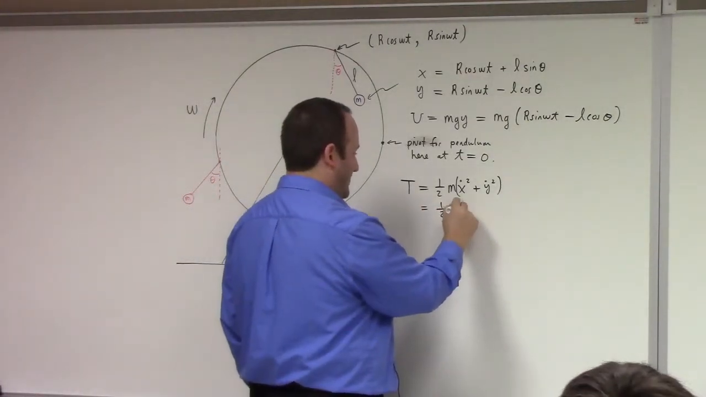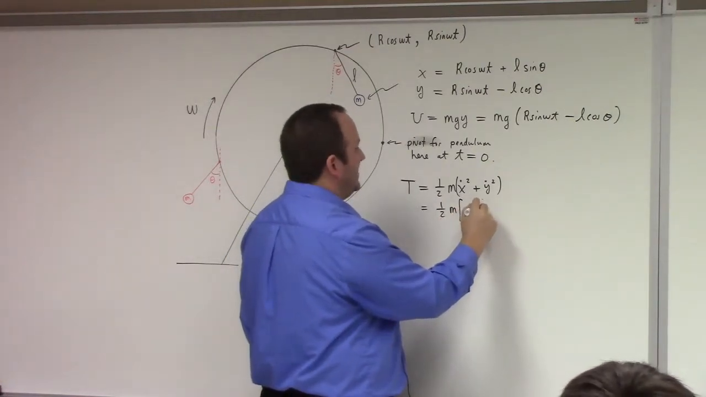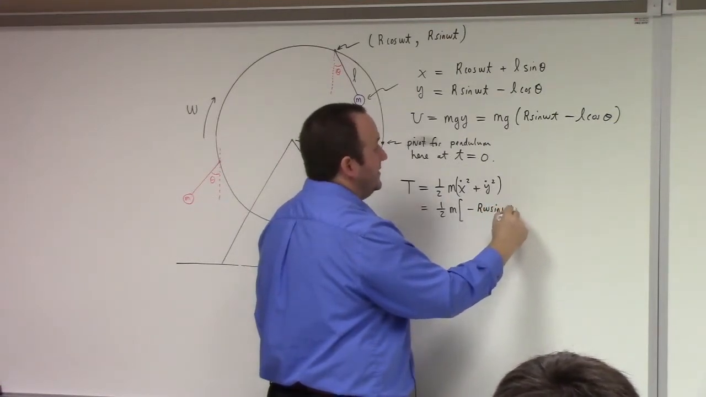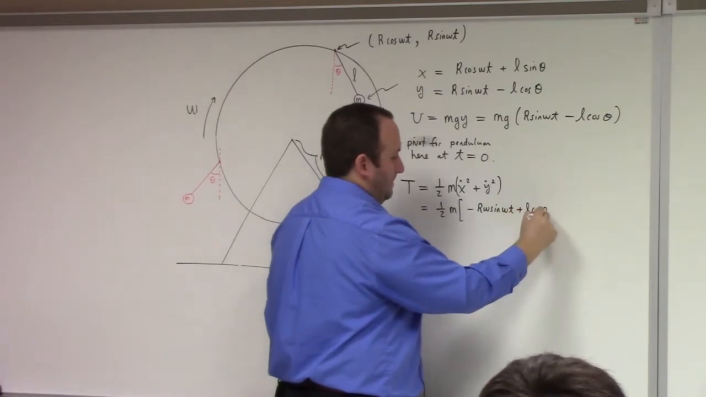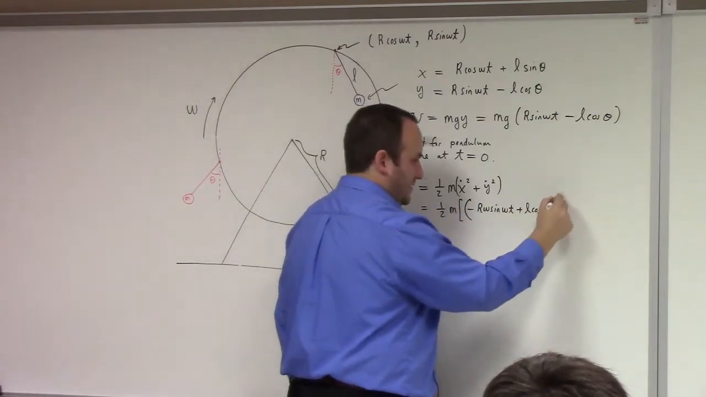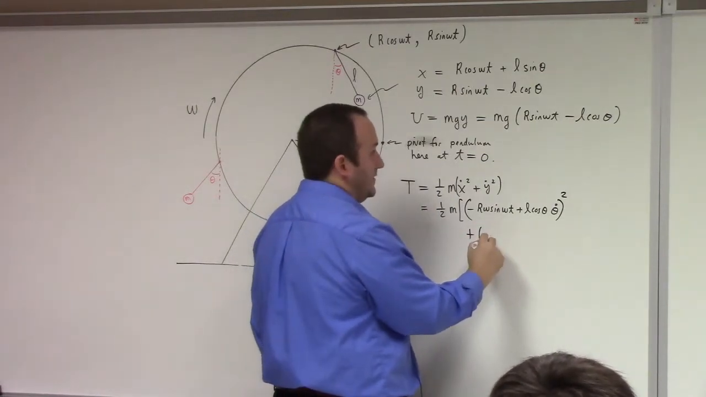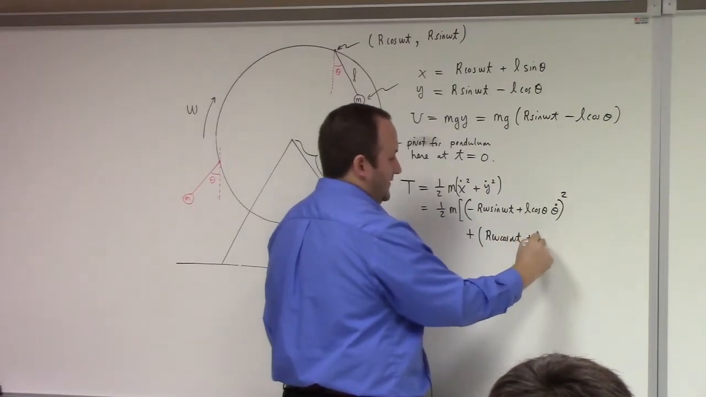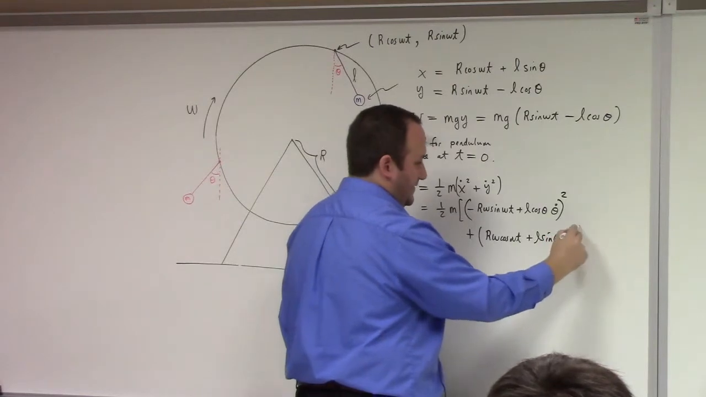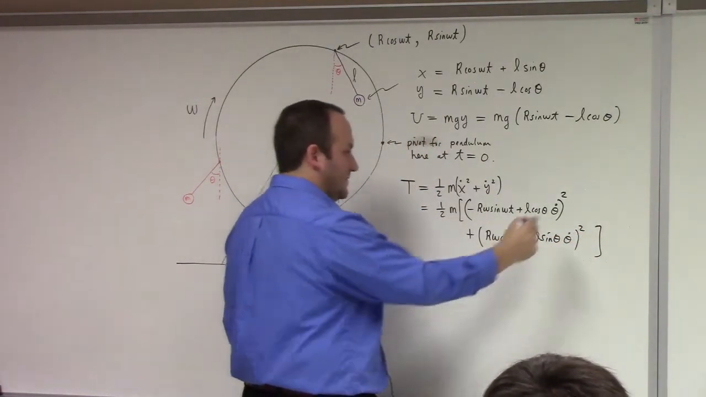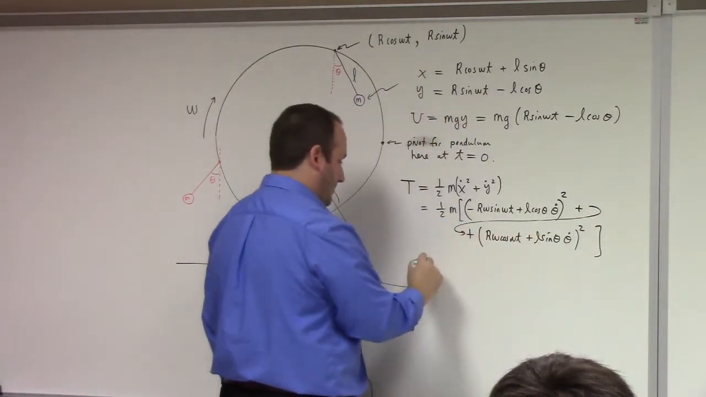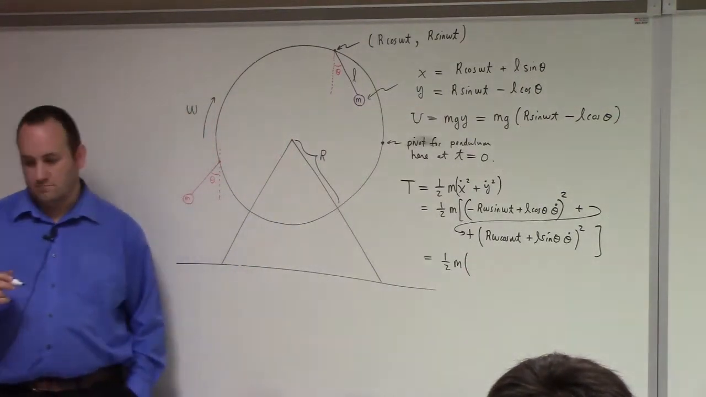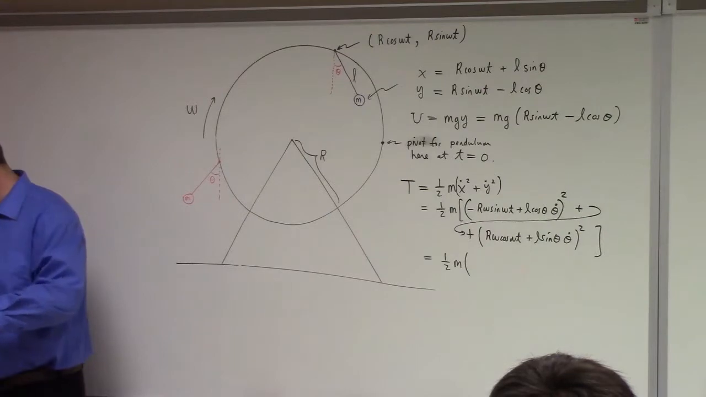One half m. X dot is minus R omega sine omega t plus L cosine theta, theta dot, parentheses, quantity squared, plus parentheses, R omega cosine omega t plus L sine theta, theta dot, parentheses, squared, closed square parentheses. So you see what happens. Something nice happens, yeah? When you square those out,